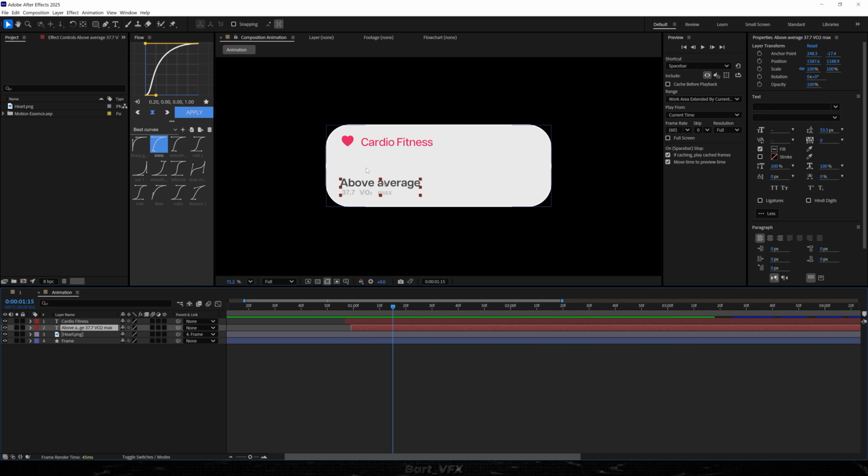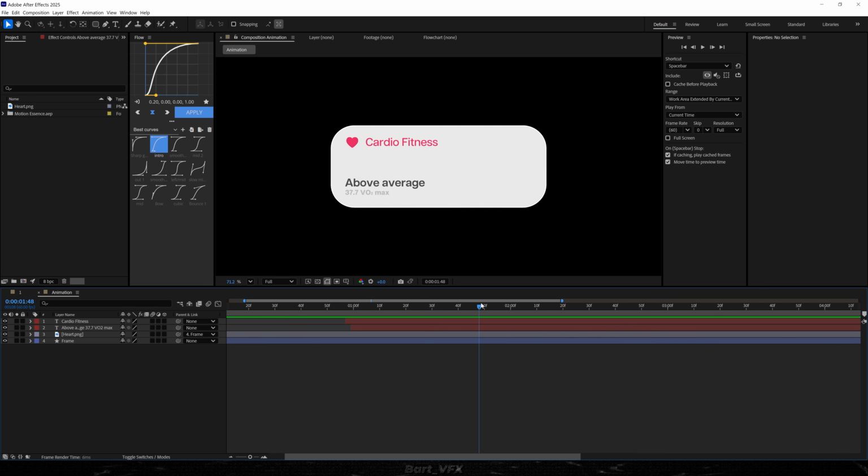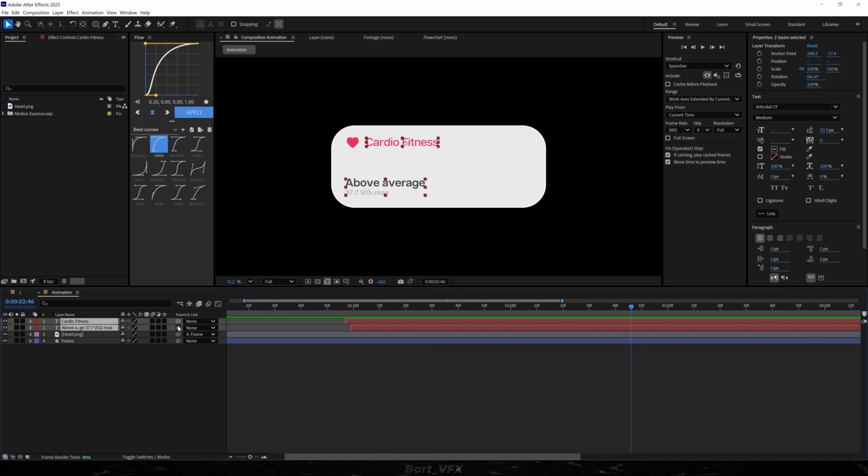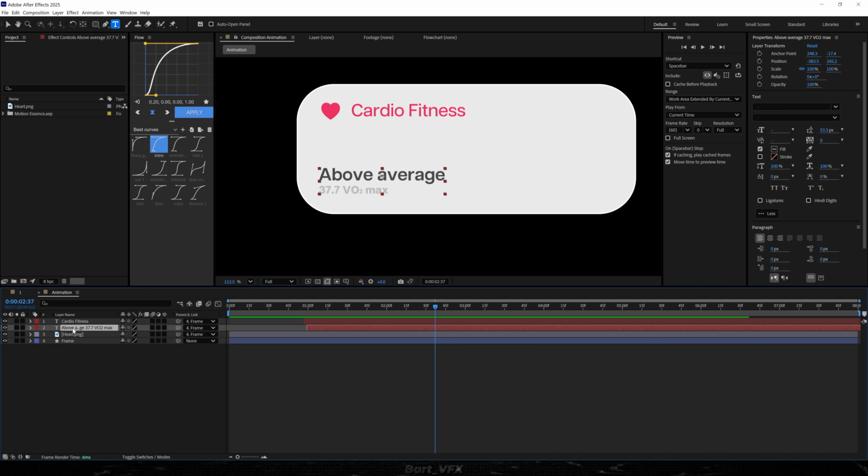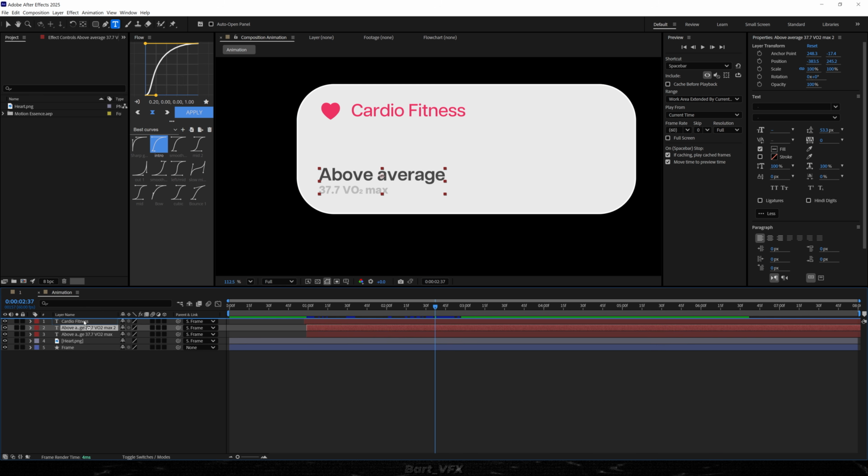So that way the cardio fitness is gonna go first, and we're gonna have the animation go from the top to the bottom. Then we're gonna go over here whenever everything stops. I'm gonna select the text, and I'll use the pick whip in order to attach it to the frame. Now what we're gonna do is duplicate above average, so I'm gonna hit Ctrl D, I'll drop this layer on